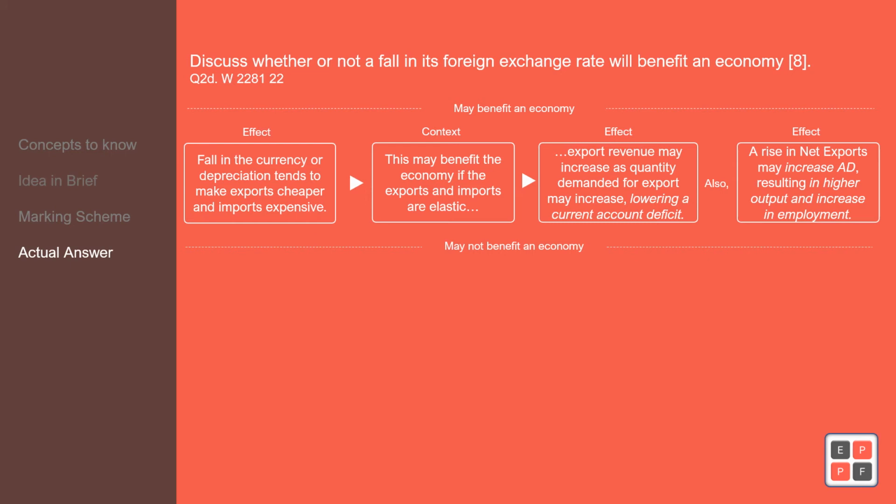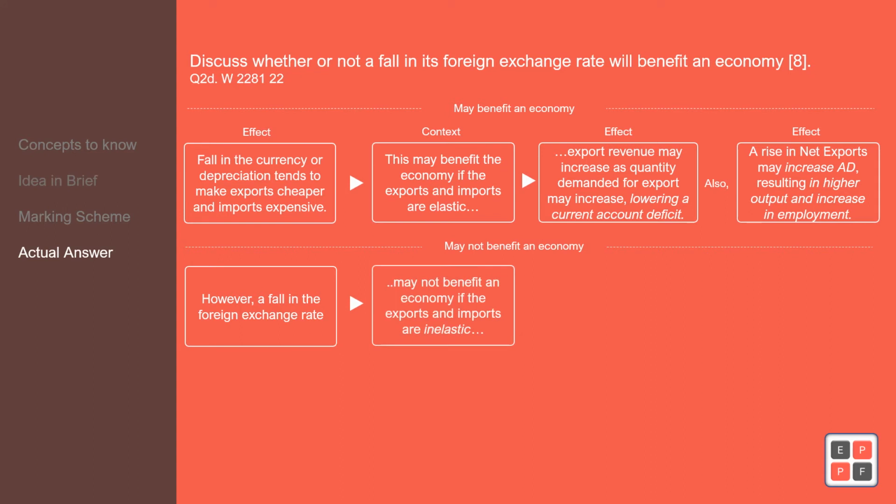Now let's very quickly look at the contrasting viewpoints, how it may not benefit an economy. However, now that I'll leave a line in the middle when I'm writing this answer, and I'm going to start with the next paragraph. However, a fall in the foreign exchange rate may not benefit an economy if the exports and imports are inelastic. Now I'm giving a context or a scenario when the foreign exchange rate may not be beneficial, when the imports and exports are inelastic, which means that